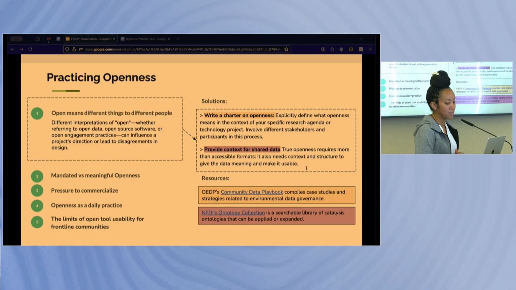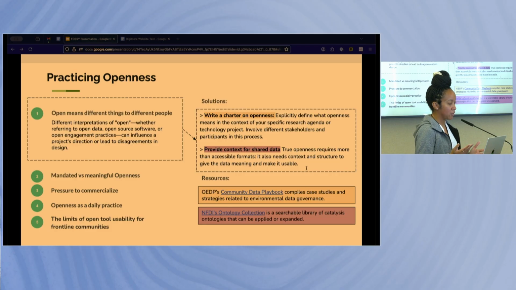As before, in the case of the first pattern, some of the solutions surfaced include writing a charter on openness, explicitly defining what openness means in the context of your project. So as I mentioned, developers might go into a project saying, this is open, it's fine, because in theory it is open. The software might be open, whatever it might be, but maybe the sensor, the only one available that was easy to install, was proprietary. And then other people would be looking at the project and say, this isn't actually open. Or maybe the community would come in and they're like, you're not really being open or transparent with what you're doing. Where's our data going? Who are you sharing it with, et cetera?